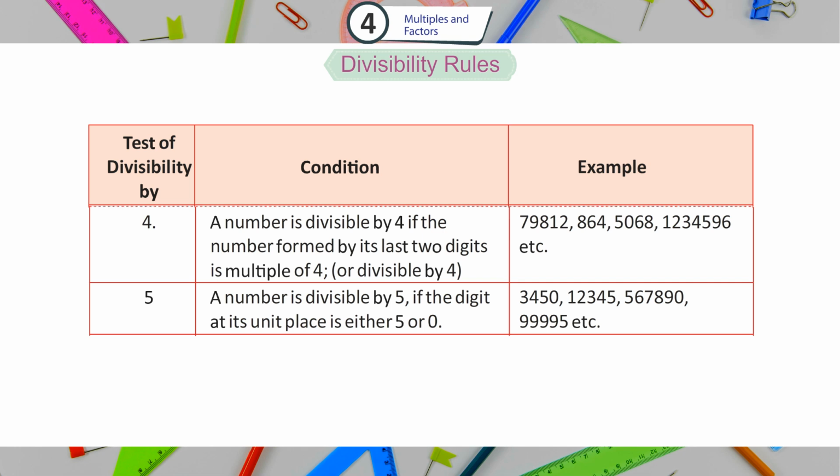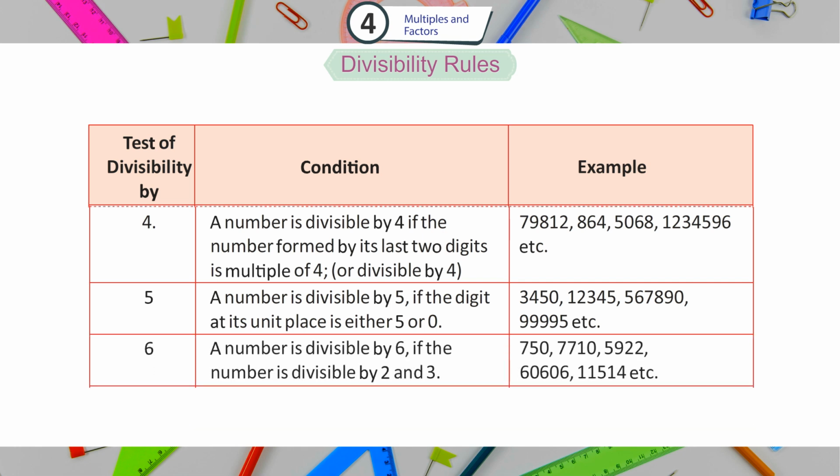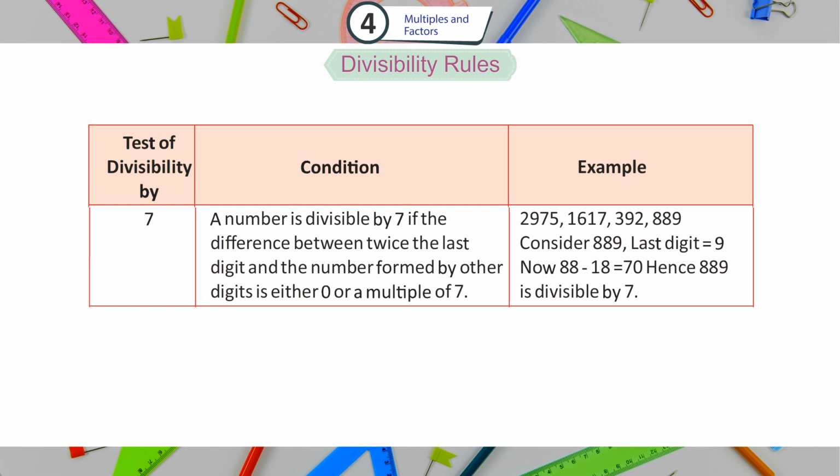3,450, 12,345, 56,000, 5,67,890, 99,995, etc. 6. A number is divisible by 6 if the number is divisible by 2 and 3. 750, 7,710, 5,922, 60,606, 11,514, etc. 7. A number is divisible by 7 if the difference between twice the last digit and the number